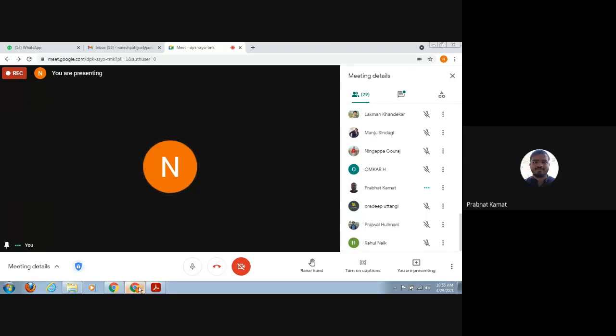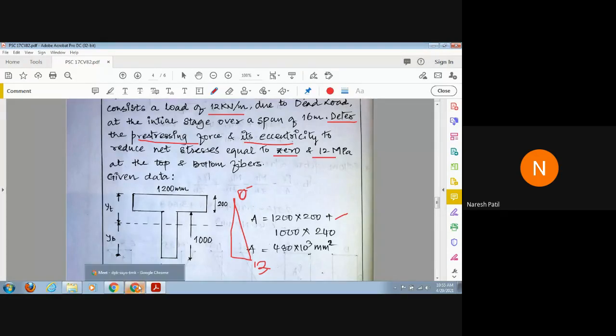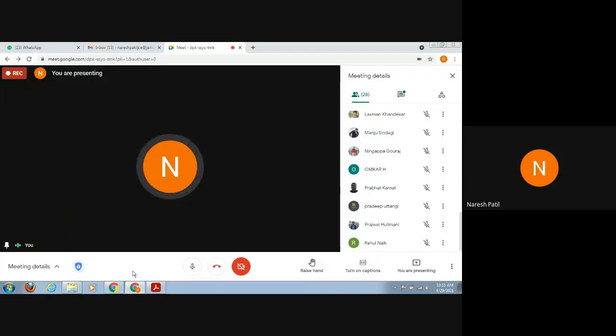Okay. I'll share the PDF in the group. I think the previous PDF I have already shared in the group. Bharti, I think I have shared in the group. Yes, sir, you have shared. This PDF also I'll share in the group. So you go through the PDF, and if you get any doubts, please let me know. So this is the end of the stress concept. In the next meeting, we'll start with the force concept method.